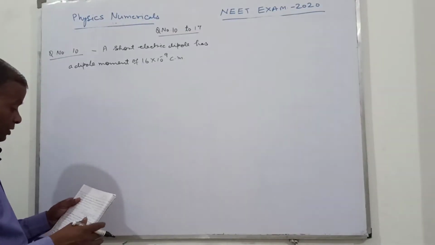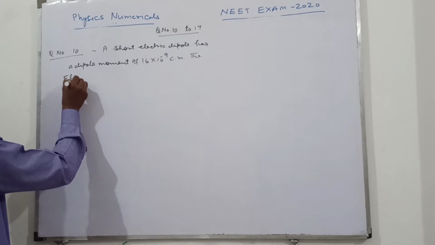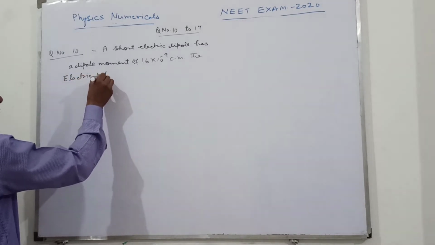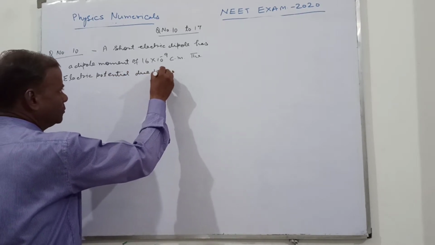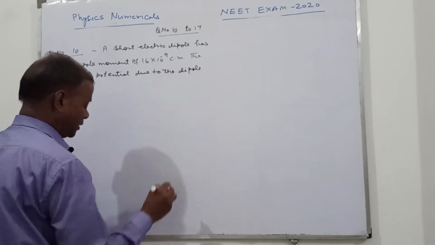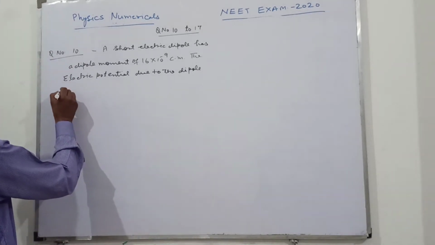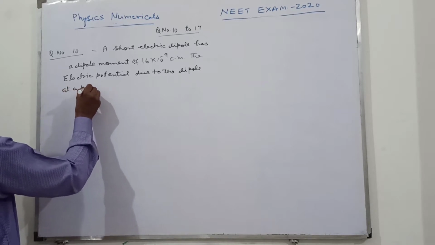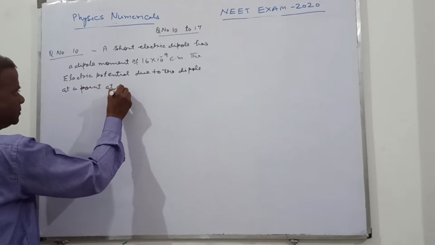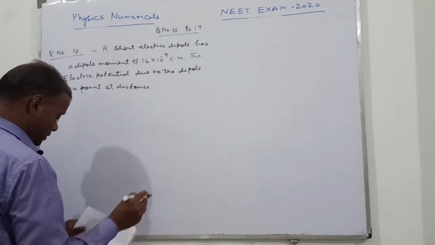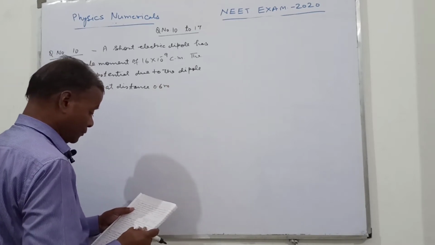The electric potential due to the dipole at a point at a distance 0.6 meter from the center of the dipole,